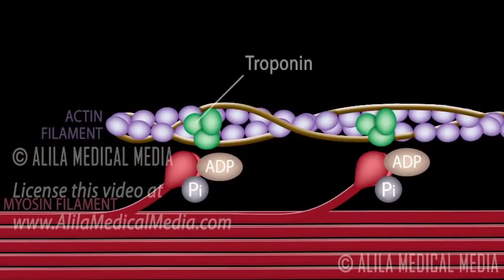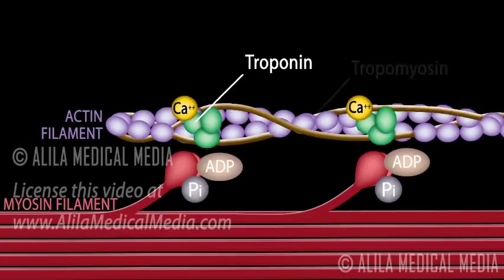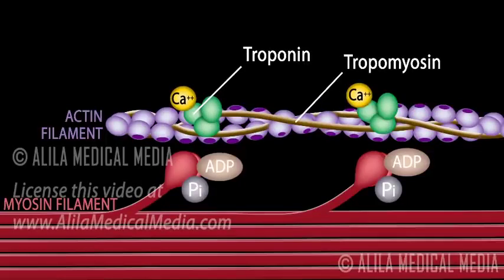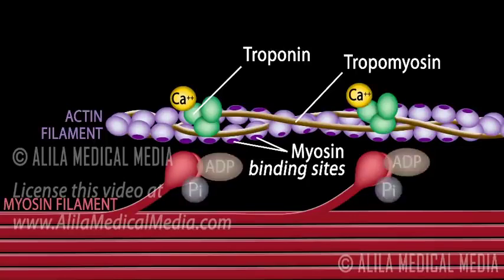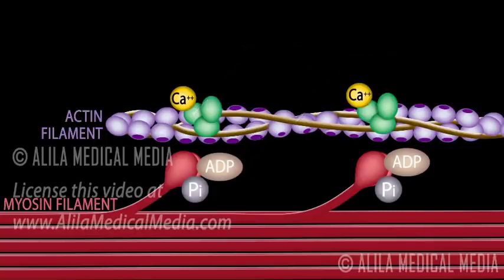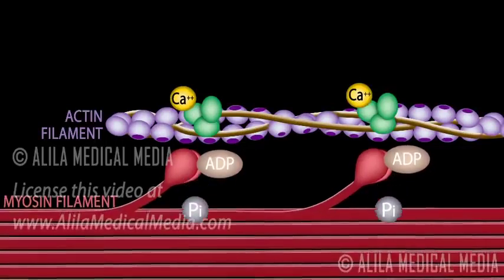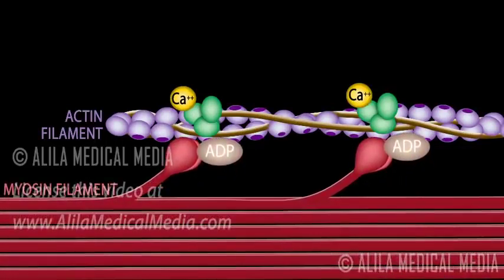The troponin units on the actin myofilaments are bound by calcium ions. The binding displaces tropomyosin along the myofilaments, which in turn exposes the myosin binding sites. At this stage, the head of each myosin unit is bound to an ADP and a phosphate molecule remaining from the previous muscular contraction. The myosin heads release these phosphates and bind to the actin myofilaments via the newly exposed